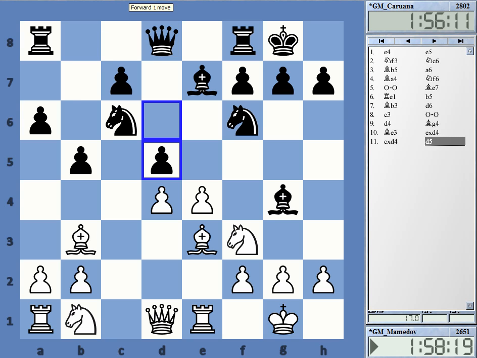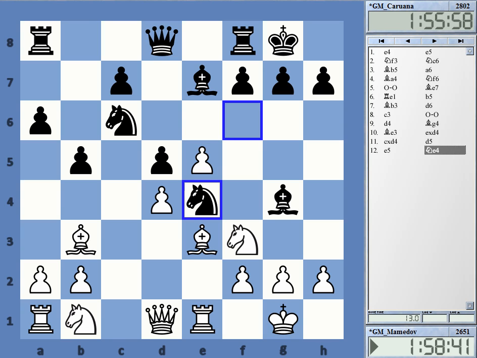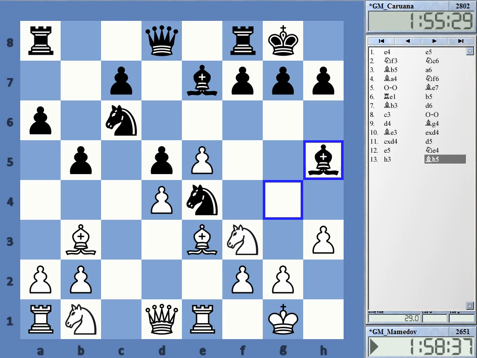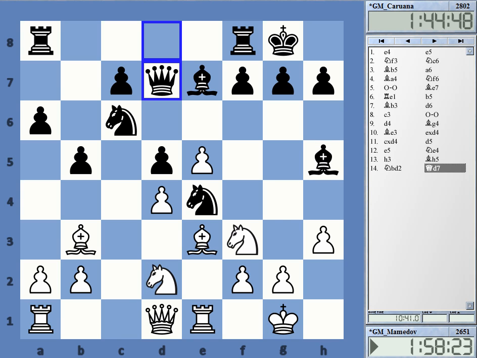Yeah, d5. After d5, we get an entirely different position. e5 and knight jumps to e4. This looks a little bit like the open Spanish, but the difference to the open Spanish is that Black's piece formation is a bit more active than he usually manages, and this is definitely enough for a round equality. We get an interesting position here really quickly. Here, and now